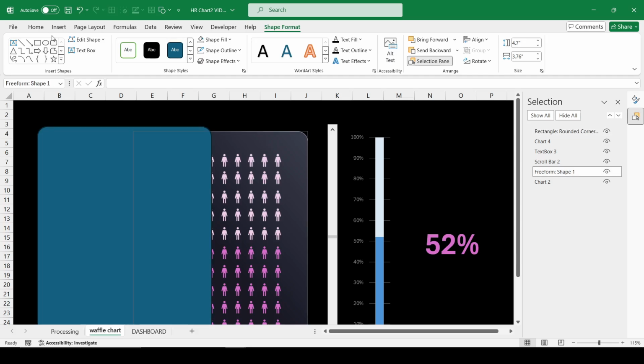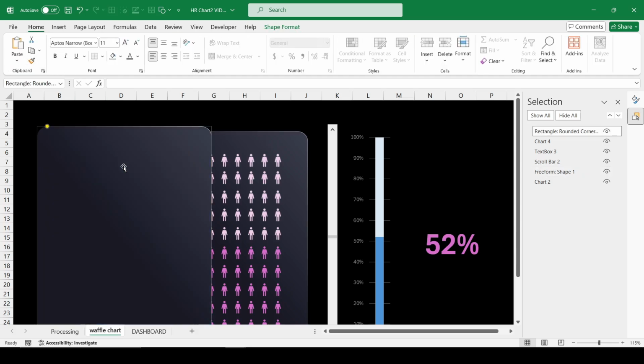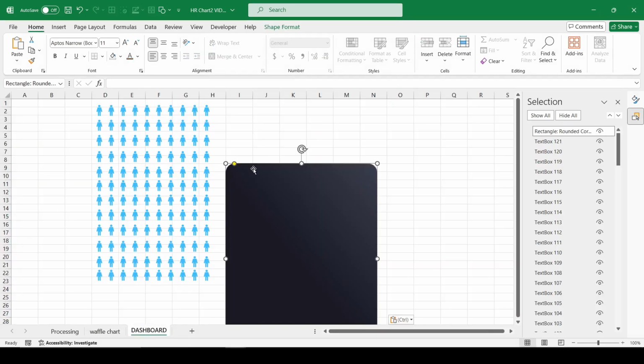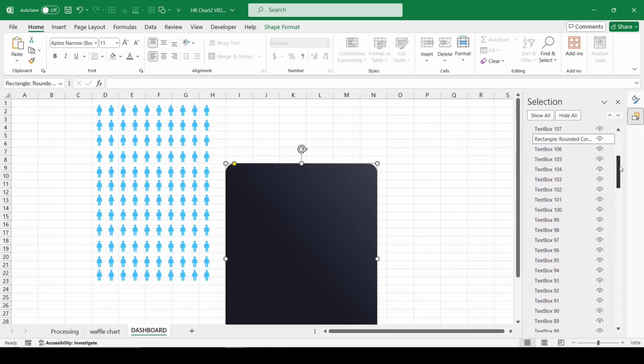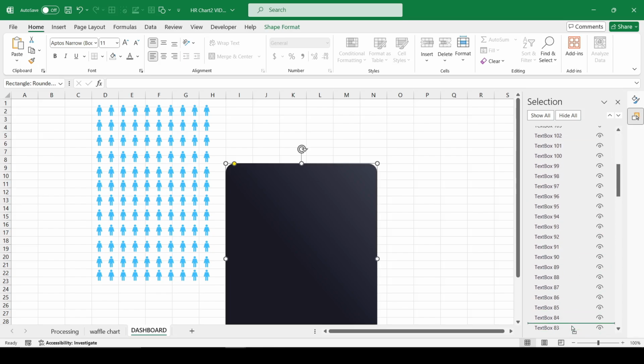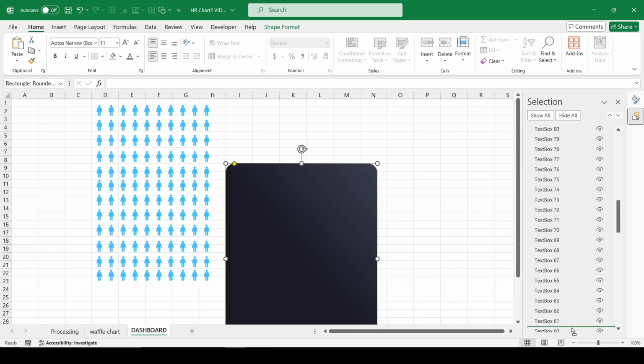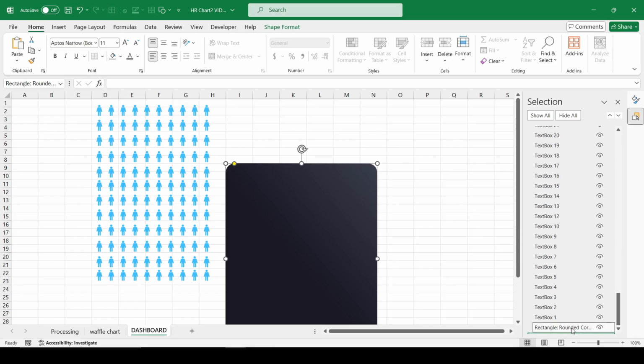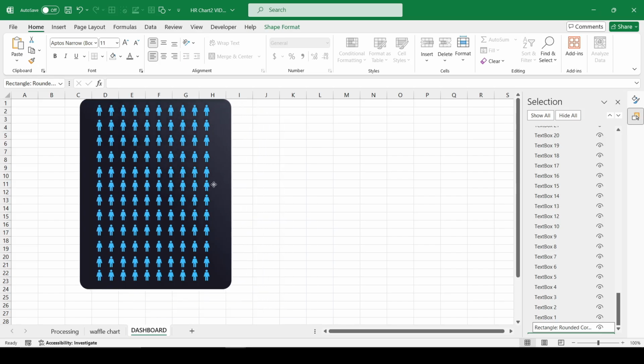Also, copy the shape formatting from the previous example's rounded rectangle. Place the rectangle behind the 100 text box copies with the person icons.